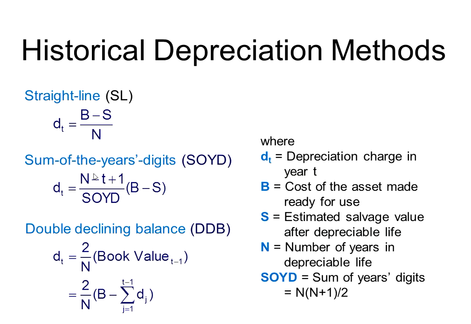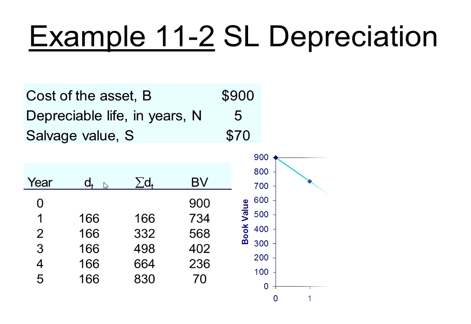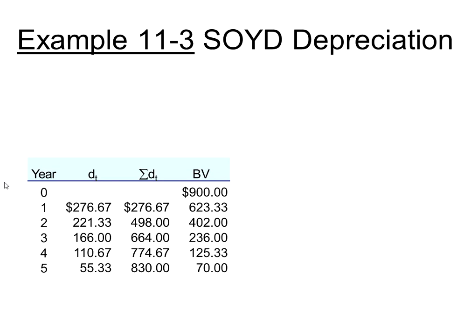But basically this would depend on the year t and this amount would be reduced as t becomes larger. So that's exactly what we see there in example 11.3. The values are being reduced, right? It starts where we have 900 minus 70, or 830, and that's multiplied by, for year t equals 1, we have n, which is 5, minus 1 plus 1, so it's still 5, and then divided by the sum